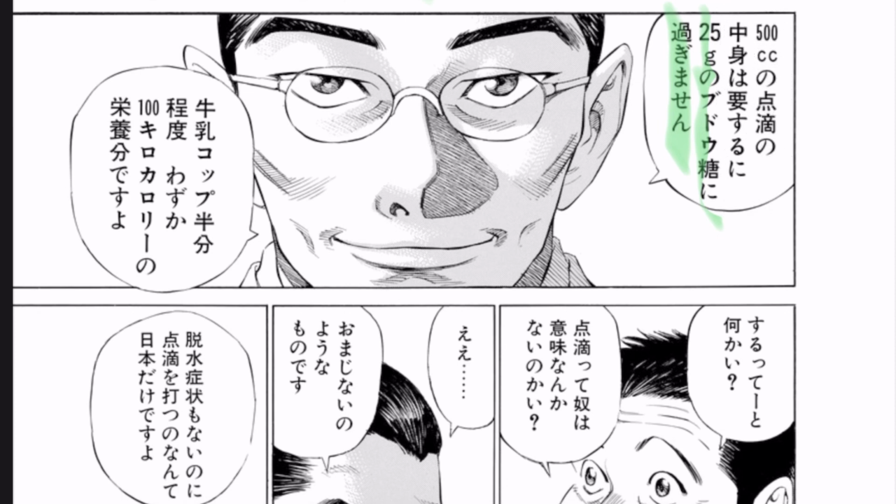500ccの点滴の中身は、要するに25gのブドウ糖に — ブドウ糖, this is sugar — に過ぎません。So something something に過ぎません means it's nothing but, or it's nothing more. 過ぎ or 過ぎる is too much, basically. So something something に過ぎません or 過ぎない means it's nothing but. So for example, あれは噂に過ぎない, that's just a rumor. ただの噂に過ぎません。